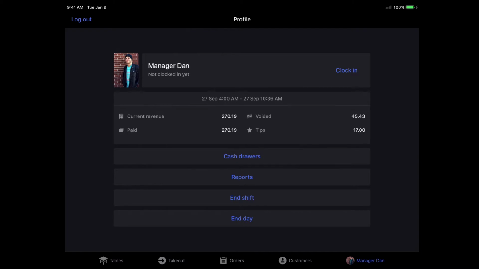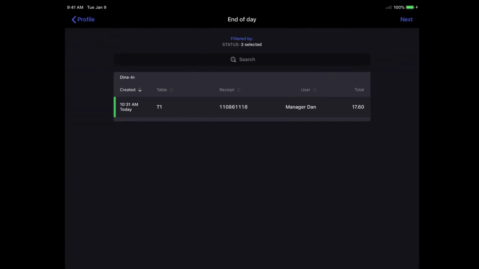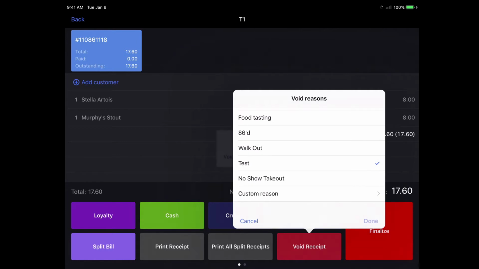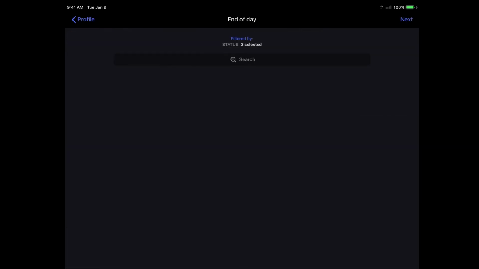I'm going to go ahead and select End Day, which will bring me to a screen showing me any open orders in the system that I may have forgotten to either void or finalize. I can quickly select any orders that are still open and close them out as I wish. Now that I have no orders left open in my system, I can select Next up in the top right hand corner of the screen,